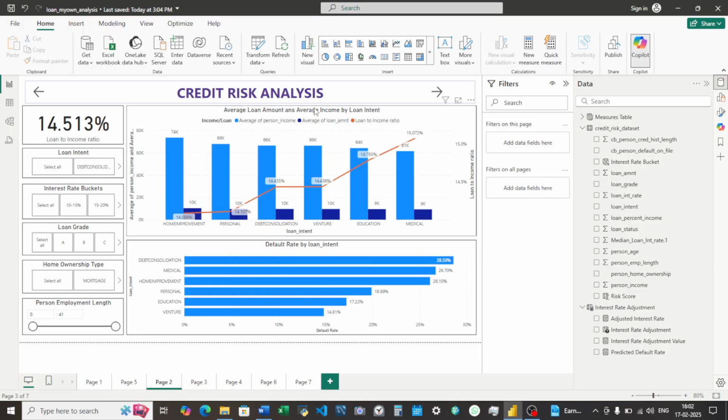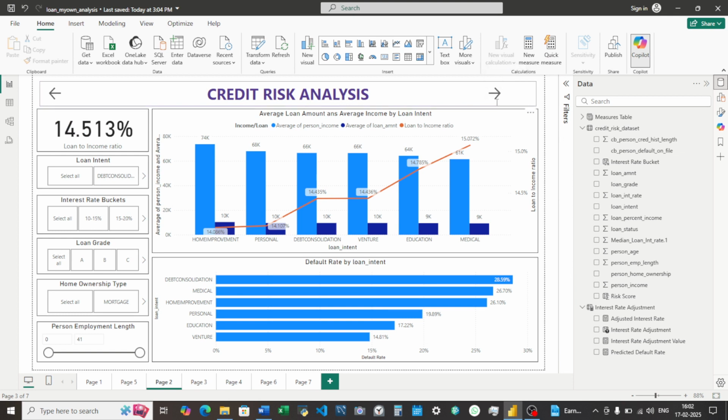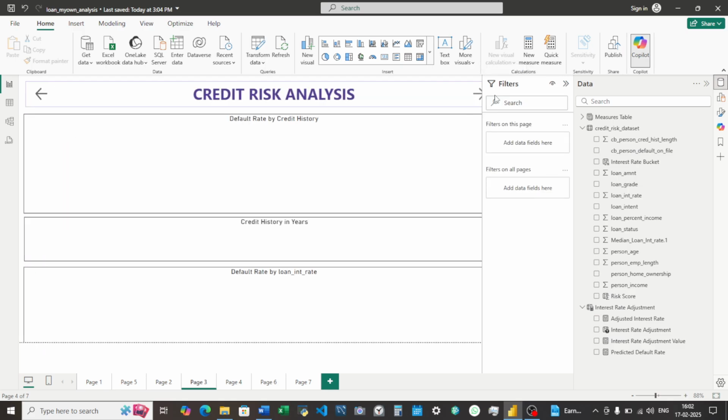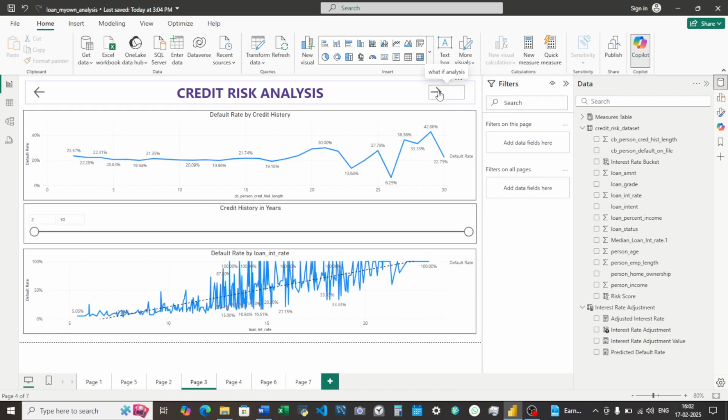And then the credit risk analysis based on the loan to income ratio and the default rates for that particular loan intent. And again, you could slice it up based on the different filters available to you over here too. And then you could see the credit history default rate, and you could adjust it based on the slicer value, and it gives you the interactivity that